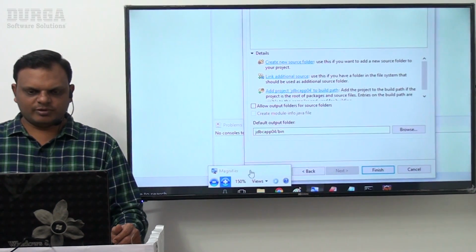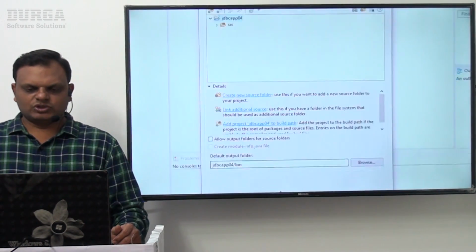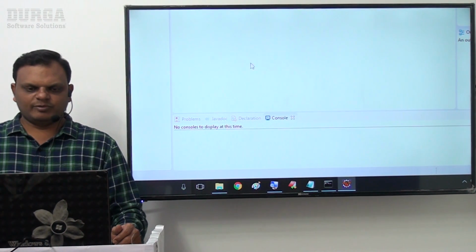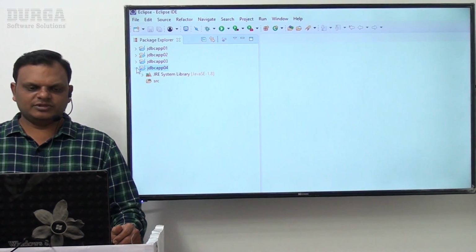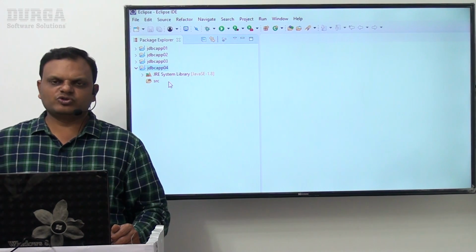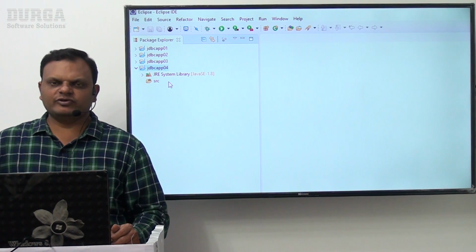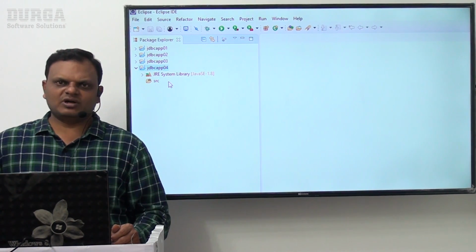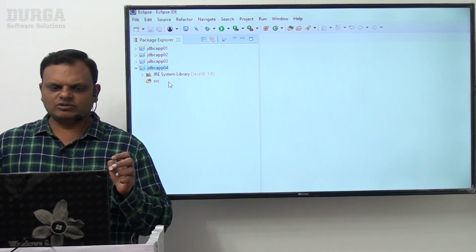Now here what I am going to provide here. So now click on finish button. Here I am able to get my application JDBC app 04. Now I am going to use type 4 driver. If you want to use type 4 driver, we need to add the OJDBC6.jar file to our project